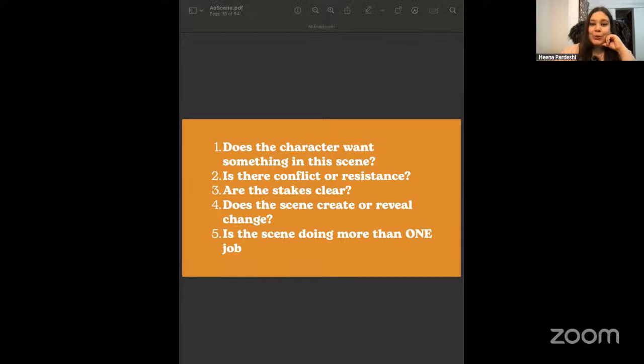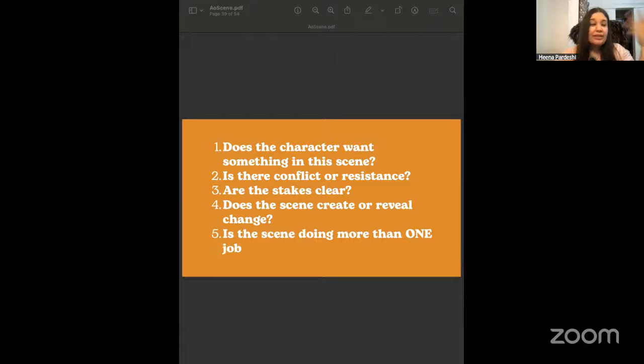Okay, so the next point is, are the stakes clear? Ask yourself, what happens if the character fails? Why does this moment matter emotionally or plot-wise? Stakes don't have to be life or death, but they must matter to the character, because if your answer to both the questions is nothing happens if the character fails, or it's not going to matter